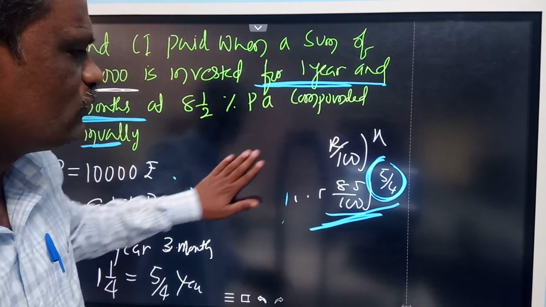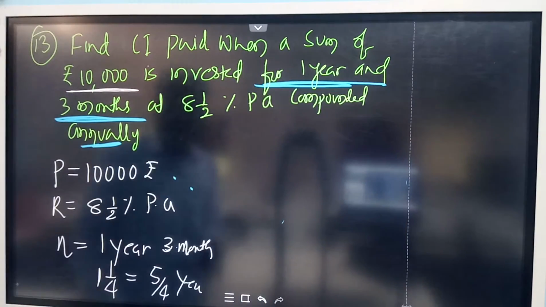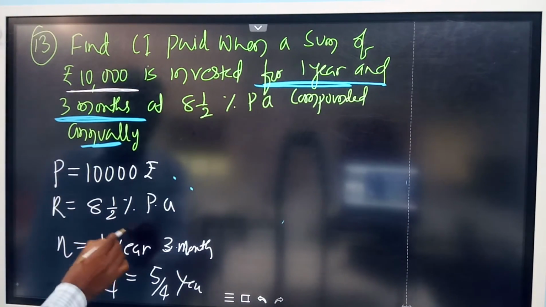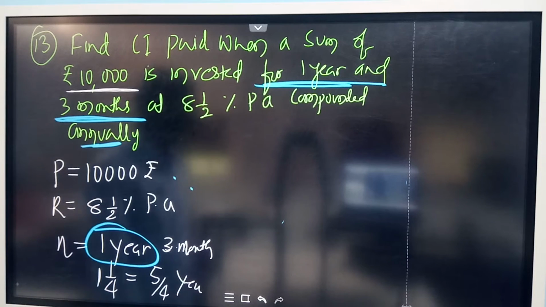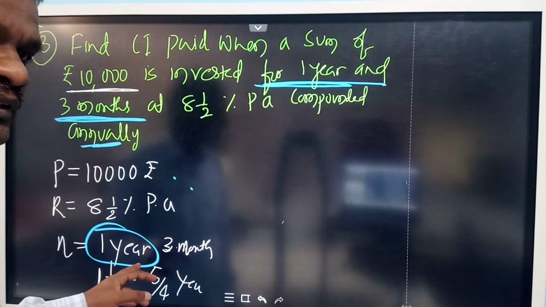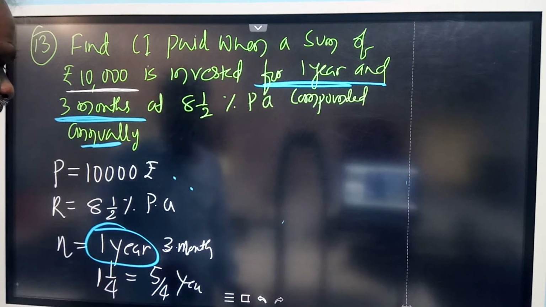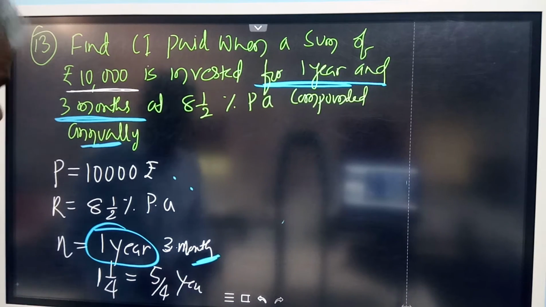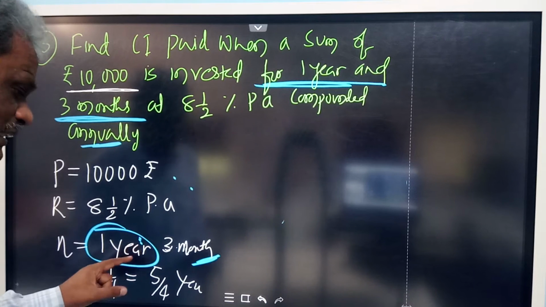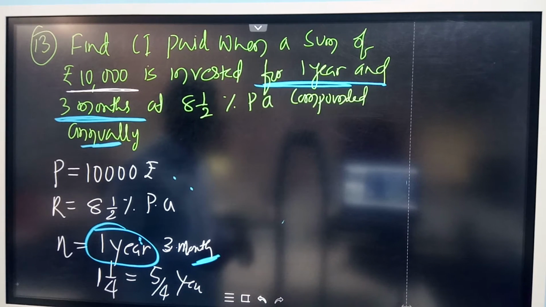For this purpose, what we do, see now, we can calculate the amount for the 1 year. How much amount should be paid, you can calculate by using the compound interest formula. Then for the next 3 months, the amount you get is calculated on compound interest. For this amount you calculate the simple interest, that is enough. Okay, so we got the formula by the simple interest formula only.